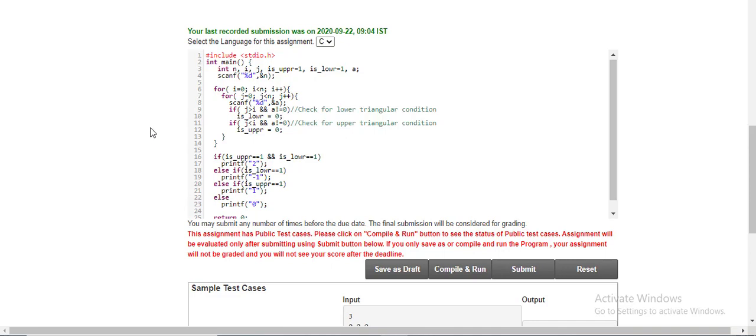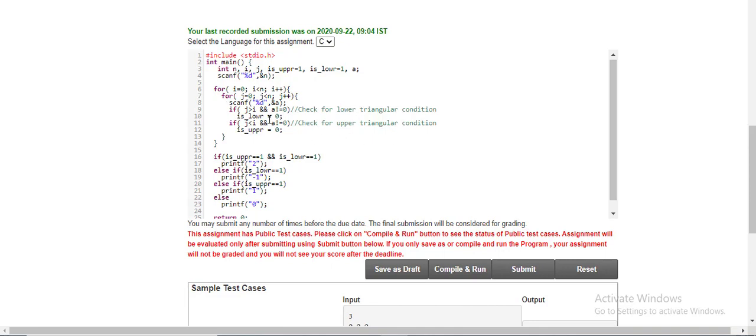If all the elements below the diagonal elements are 0, then it is upper triangular.